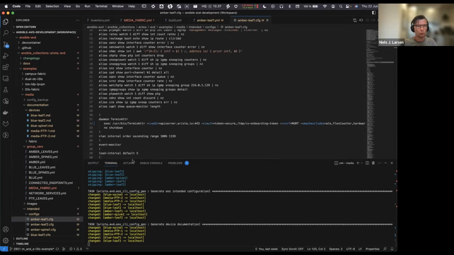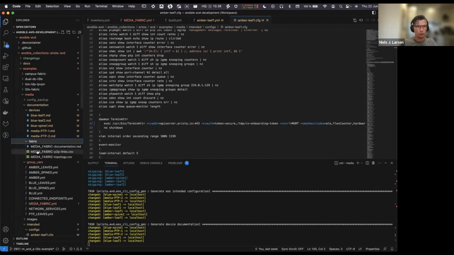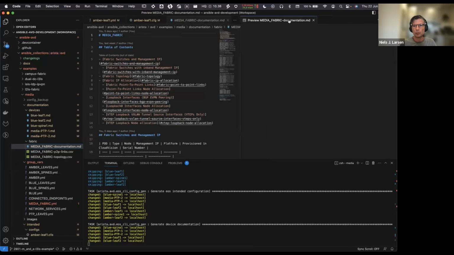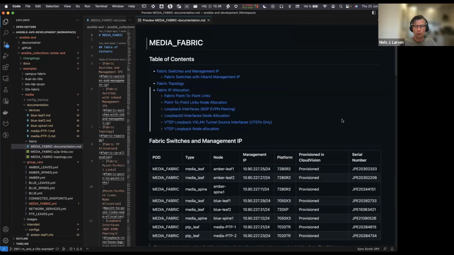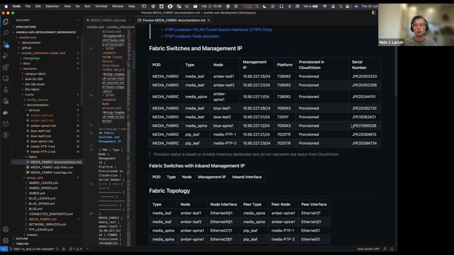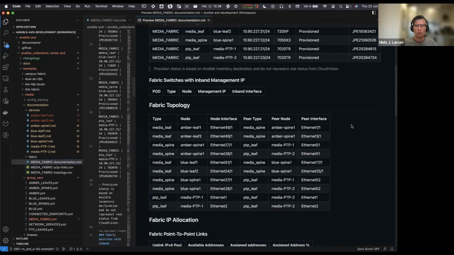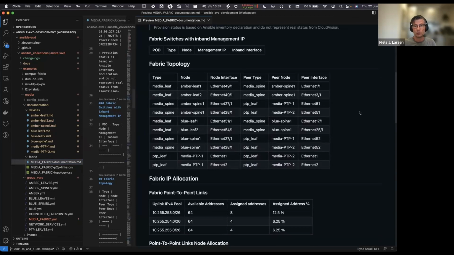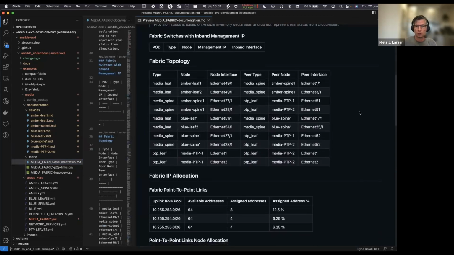And finally, we have the documentation. For the fabric, we have a fabric documentation. And let me just get this video window out of the way. If I open that in a preview, this is in Markdown format, you will see that for the fabric, I have an overview of the switches with the management IP, the serial number, the topology, so which switch is connected to which switch with which interfaces, etc., based on the configuration that I've specified.